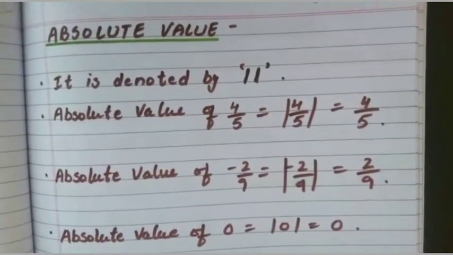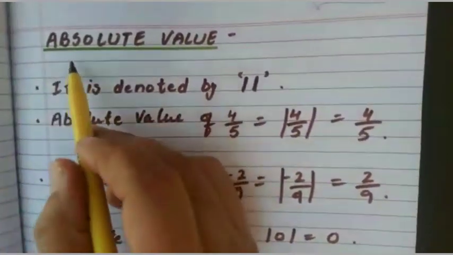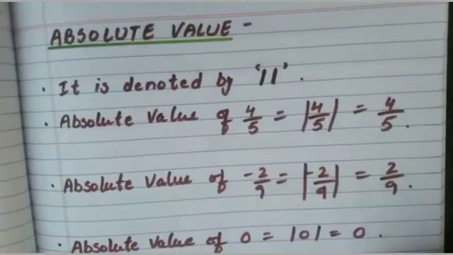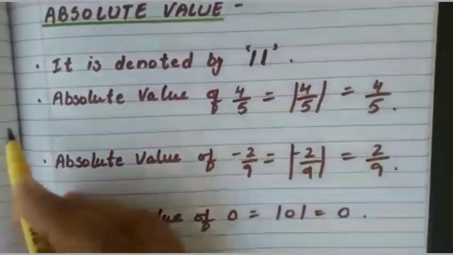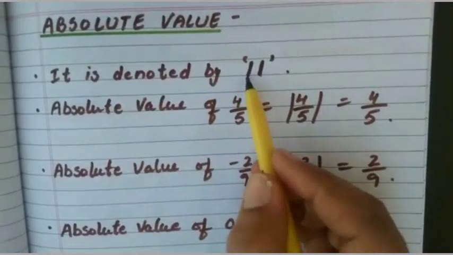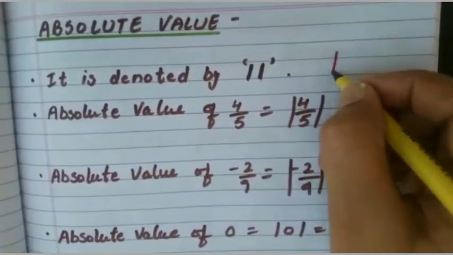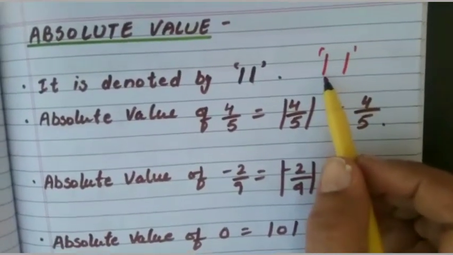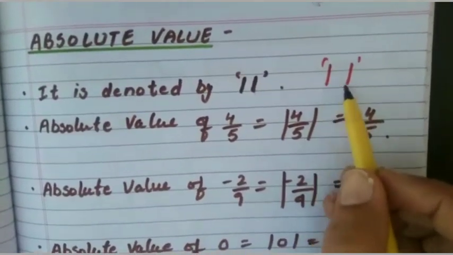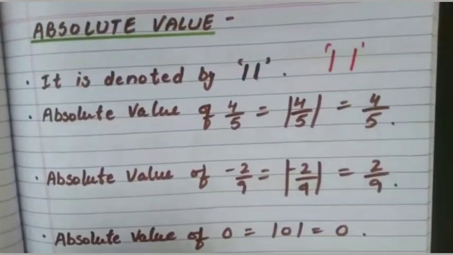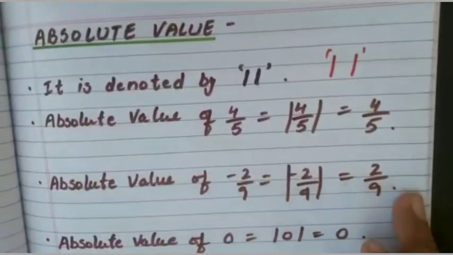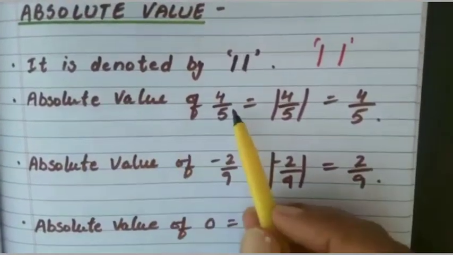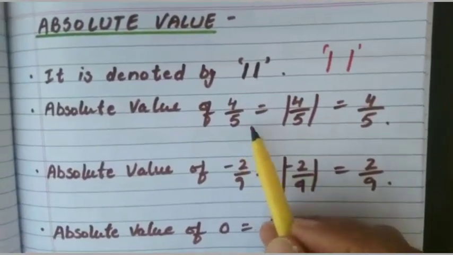Now under rational numbers, here I am going to tell you how to find out the absolute value. It is also a very important term, children. First, it is always denoted by two vertical bars. When you see them, you should clearly understand that these are the symbol for finding the absolute value. Now children, remember, absolute value is always positive. It is always positive.